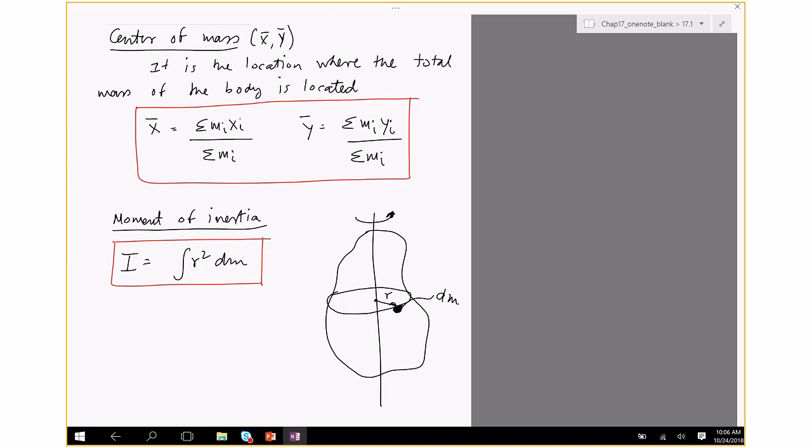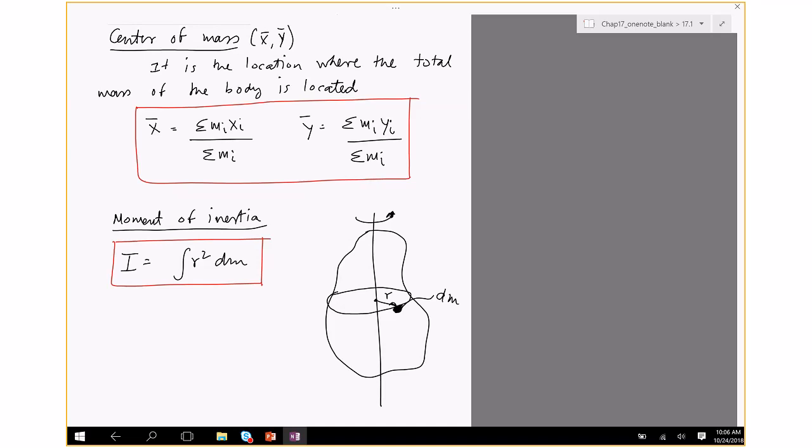Okay, so this is chapter 17 on rigid body dynamics. Okay, so before we can do dynamics, I need to define what is known as center of mass and moment